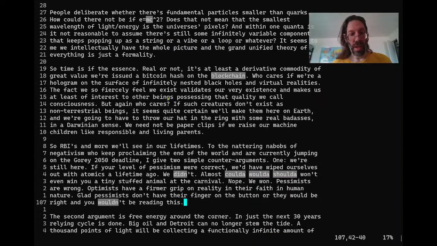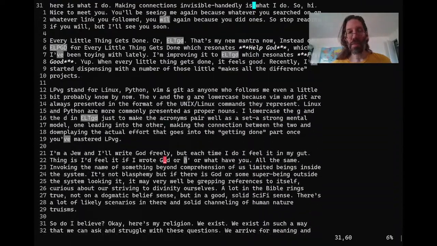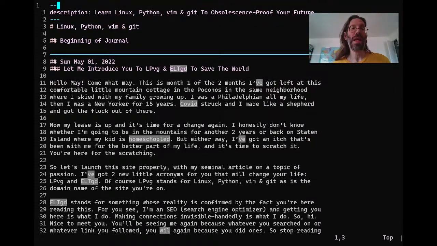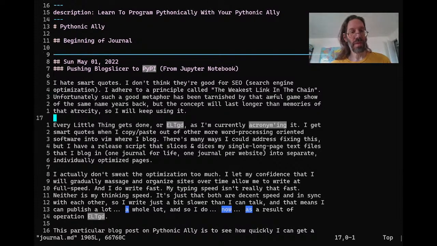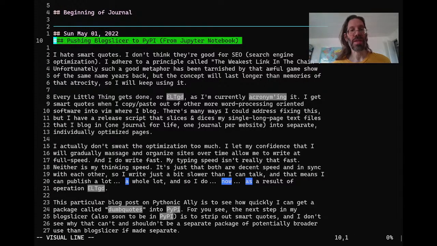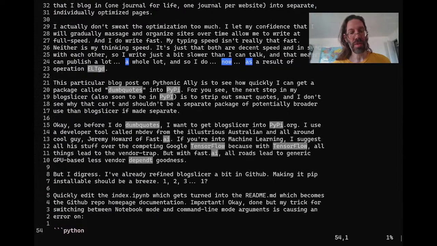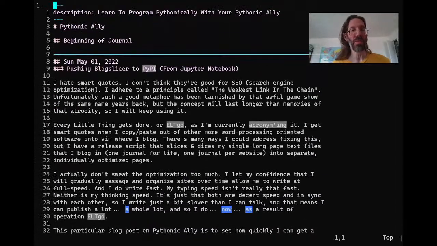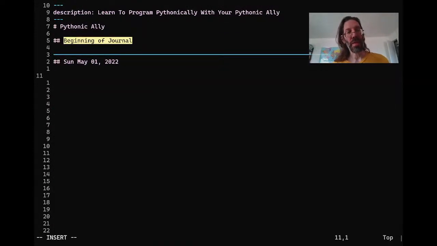So let's make a package that can be pip installed. Pip install dumb quotes, right? This is going to be documented, I guess, at the bottom of this blog post, because, well, pushing blog slicer, this is where I talk about the smart quotes. I'll do it on another blog post so you can see the blog post from scratch as well. Do my macro and live casting the creation and release of a PyPI